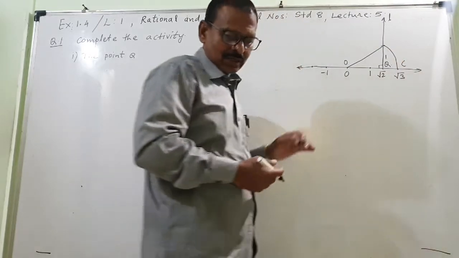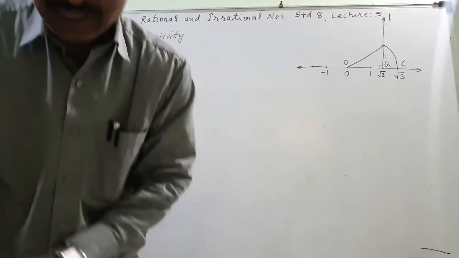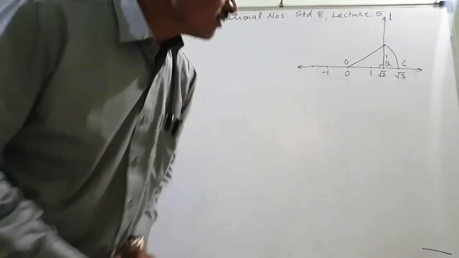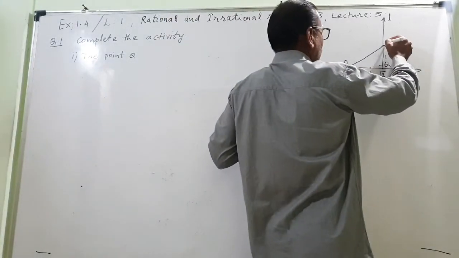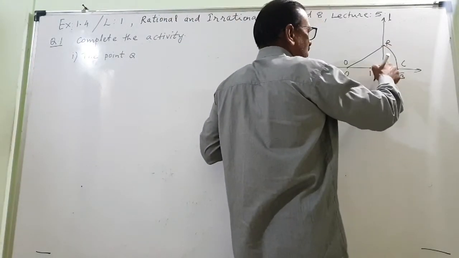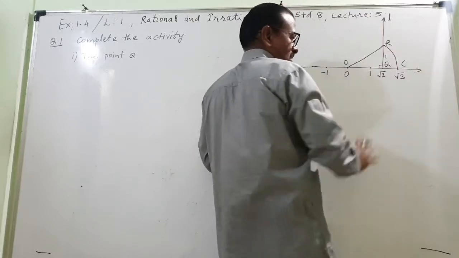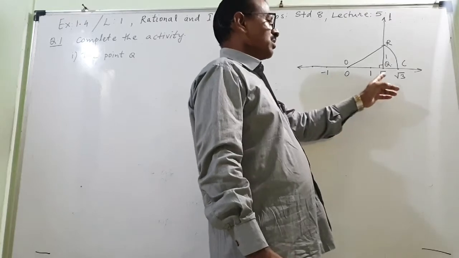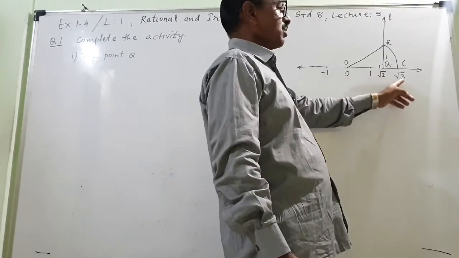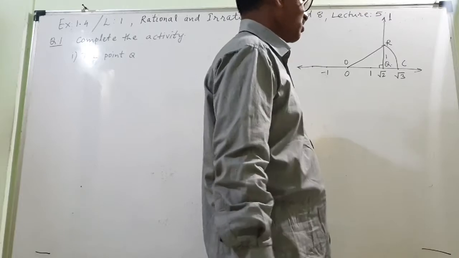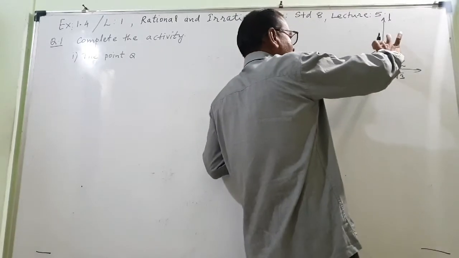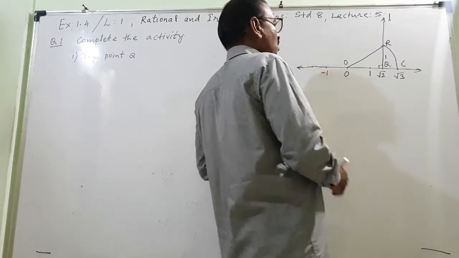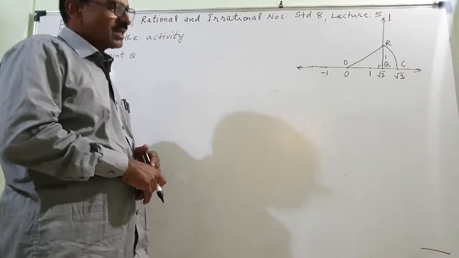This to this. Let me check whether they have given any name to that point. Yes, it is the R point. This point is R. This point is Q. This QR distance is also 1. Though they have not mentioned on the number line how to show root 2, root 3, root 5, root 7, root 6, all these numbers, the vertical distance is always 1. So, on that basis, some questions are given.